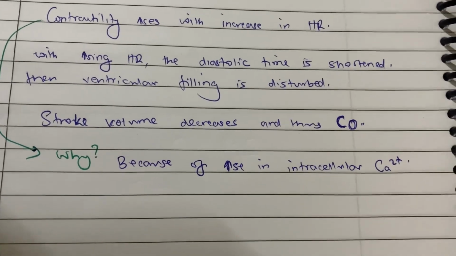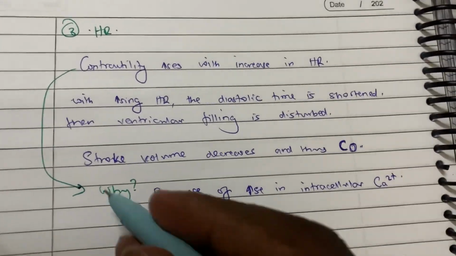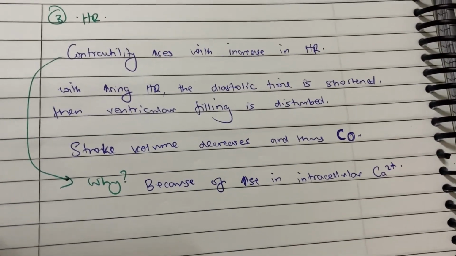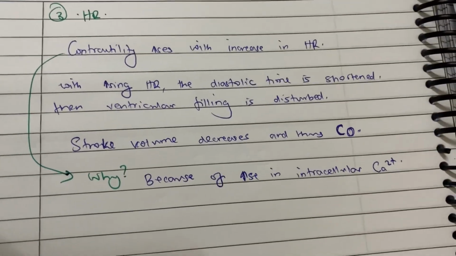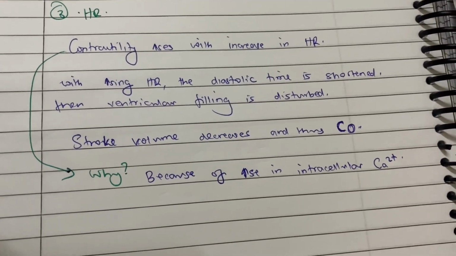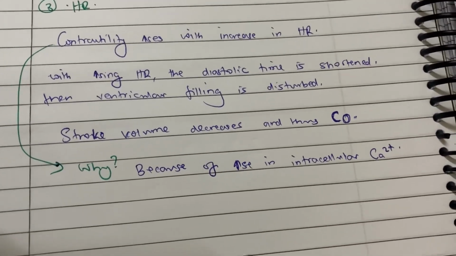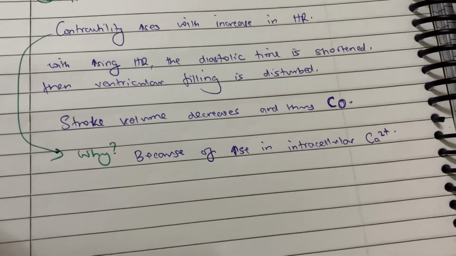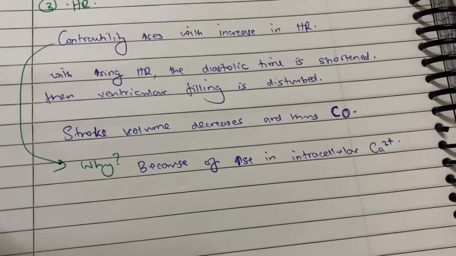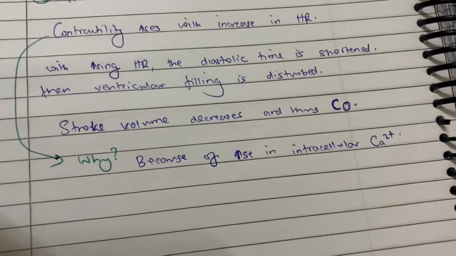A lot of calcium, so how does it increase? The rate at which calcium is brought inside the cell increases over how it is cleared. So the effect is to increase it,